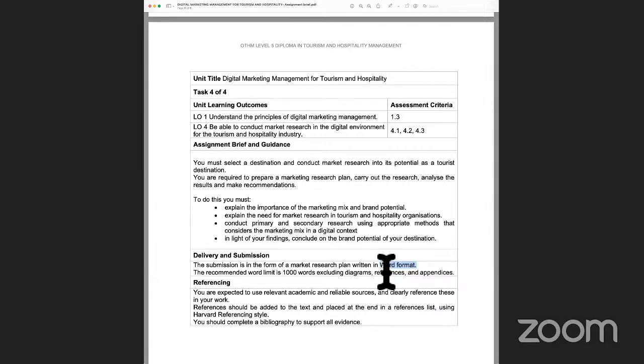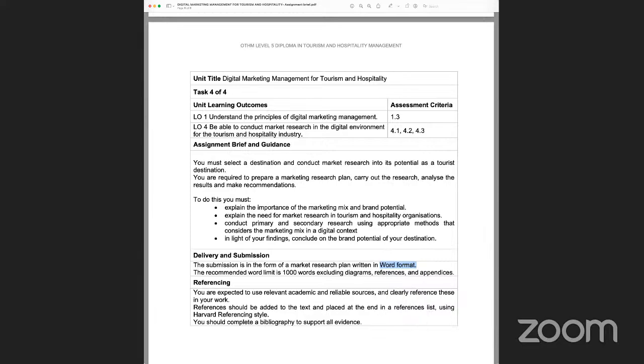So there is no PowerPoint presentation to be produced in the assignment. The overall assignment document will remain a Word document, and each of the parts of the assignment, task 1, 2, 3, 4, if we combine it all together, you're probably looking at approximately 3000 words, plus minus, I would say, plus 10%. So between 3000 to 3500 words as an assignment to be completed, for achieving this particular unit.